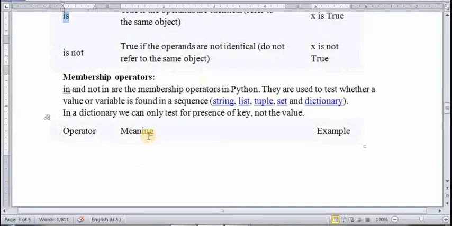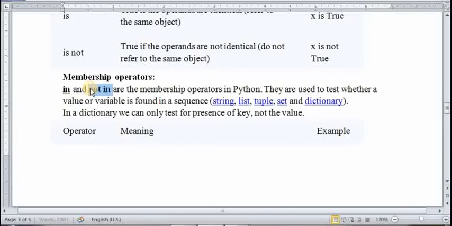The next type of operators are membership operators. In and not in are the membership operators. Basically, you check a particular value in a sequence using these operators. They are used to test whether a value or a variable is found in a sequence like string, list, tuple, set, and dictionary.